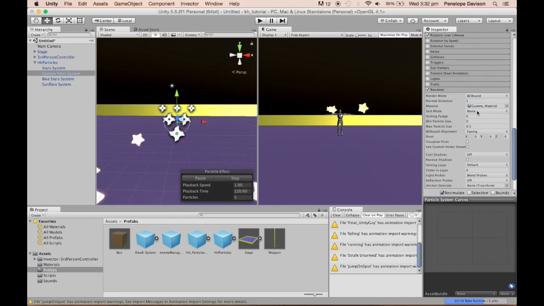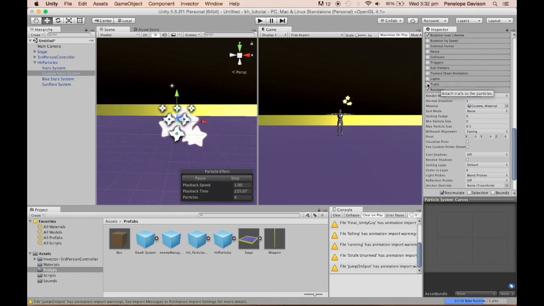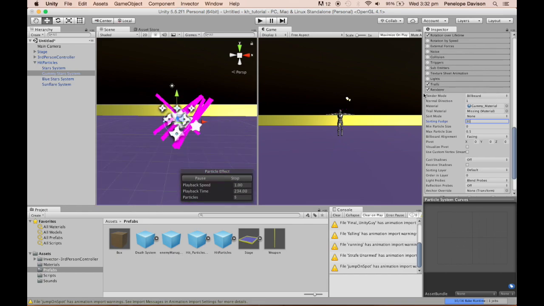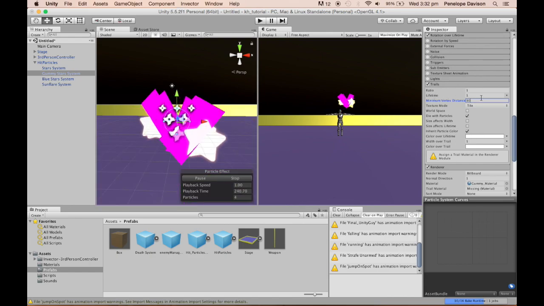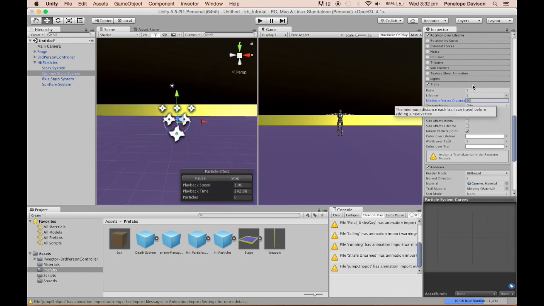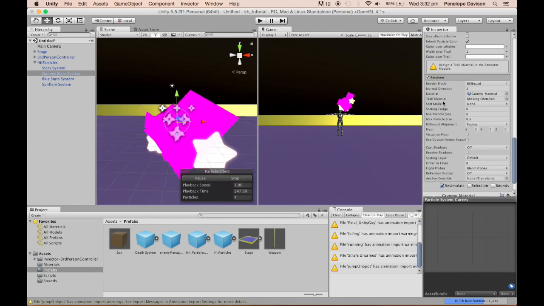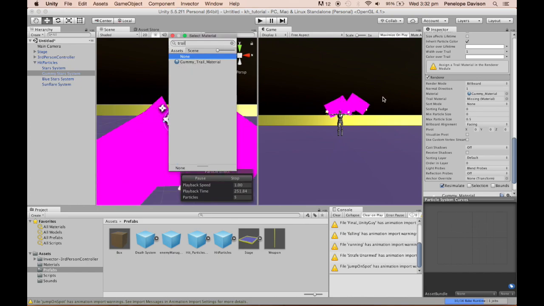Down in the renderer, we've already assigned our material. However, you'll remember that these stars, they lasted quite a while, but they also had their own glow. Now, I'm not sure exactly how to create their own glow normally, but what I'm going to use instead is just a trail here. So if I click open the trail, you'll notice you can't assign the texture of a trail within the Trails tab, so it's not super intuitive, but if you just go back down into renderer, you notice trail material, it's here. And it's just one of the materials we assigned earlier. So if I just type in trail,